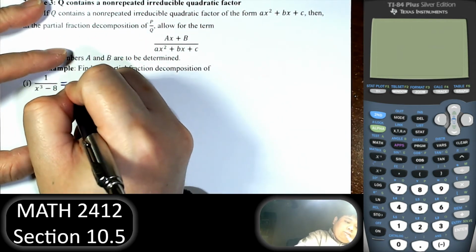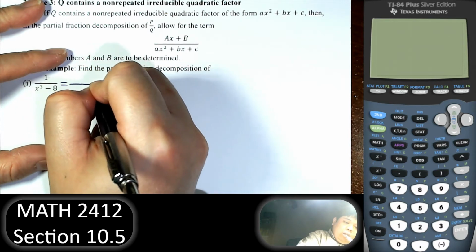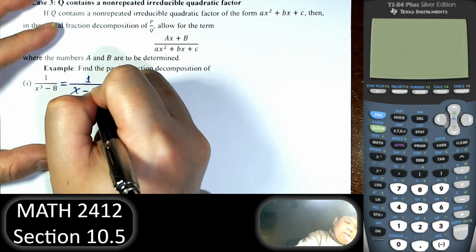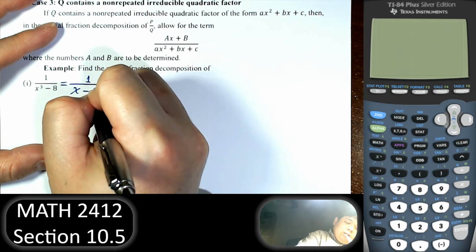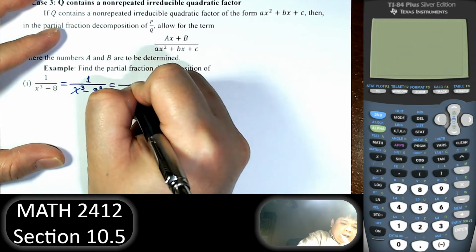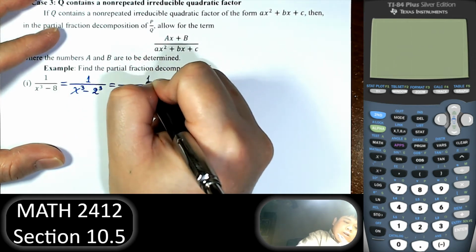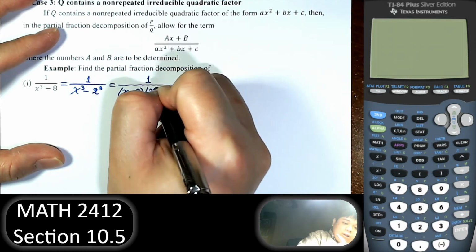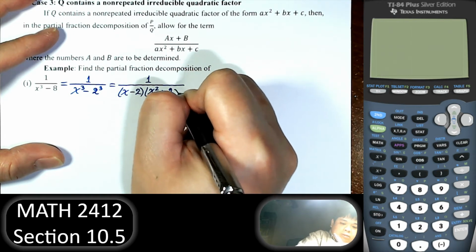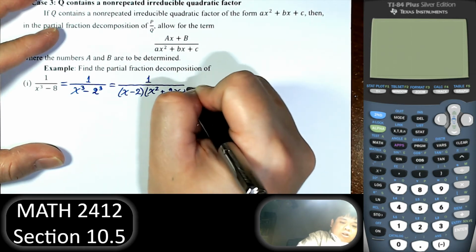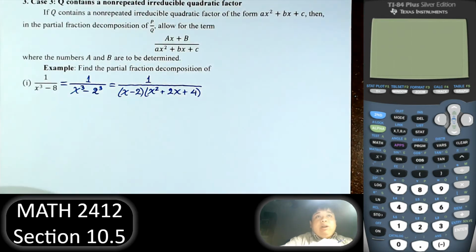Right, now what we have here is the difference of 2 cubed, x cubed minus 2 cubed, and the difference of 2 cubed is x minus 2 times x squared plus 2x plus 2 squared, which is 4. We cannot break this down any further